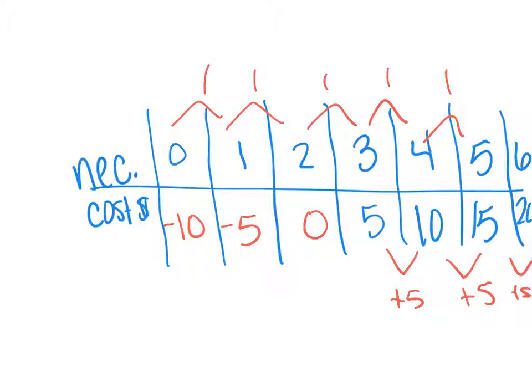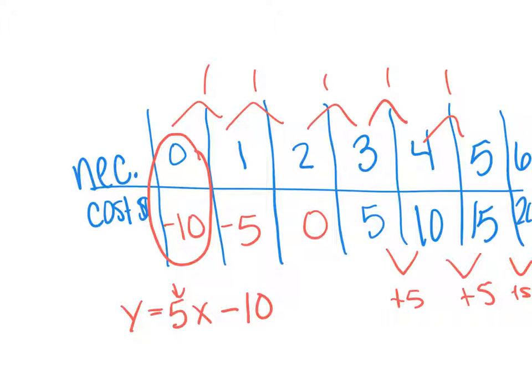Okay, and so why I wanted to show you this is that we for sure get that 5 as our k, our constant rate of change, but at 0 necklaces, she had a loss of $10 because that's what her materials cost. So our equation would be 5x minus 10 there. Okay, so if we go